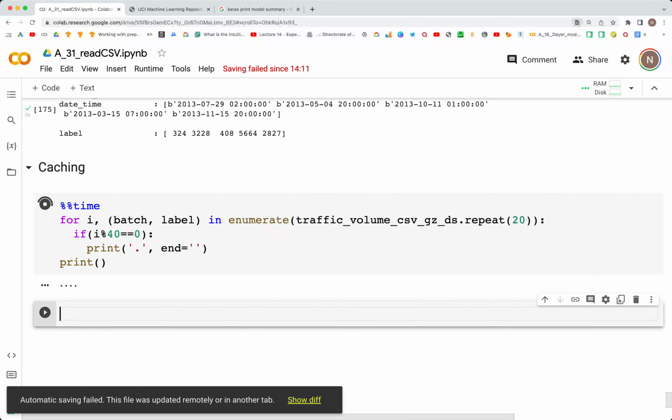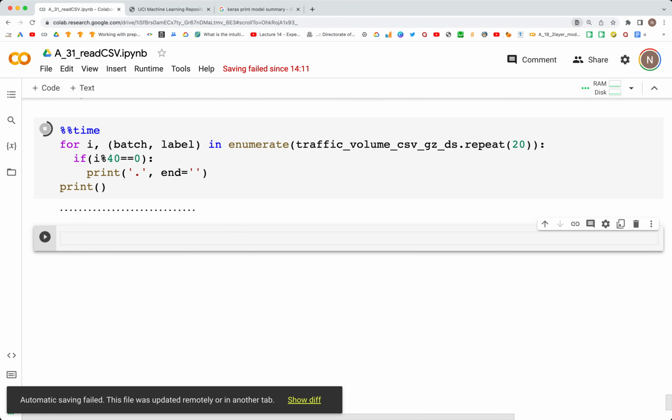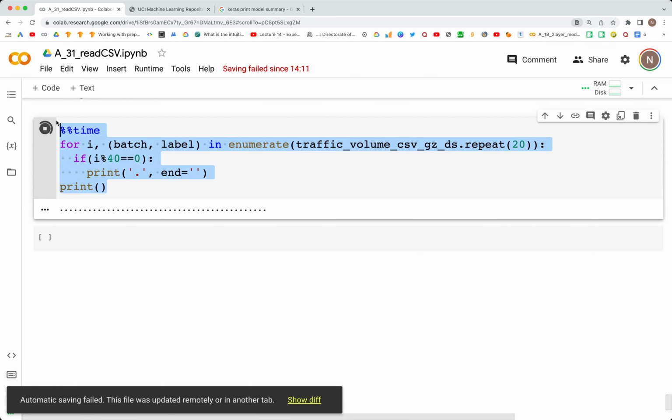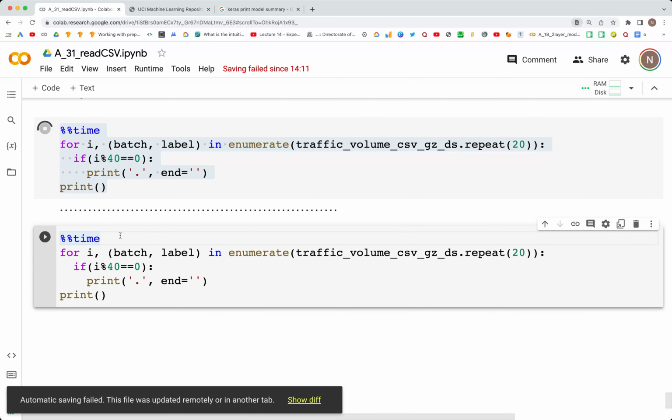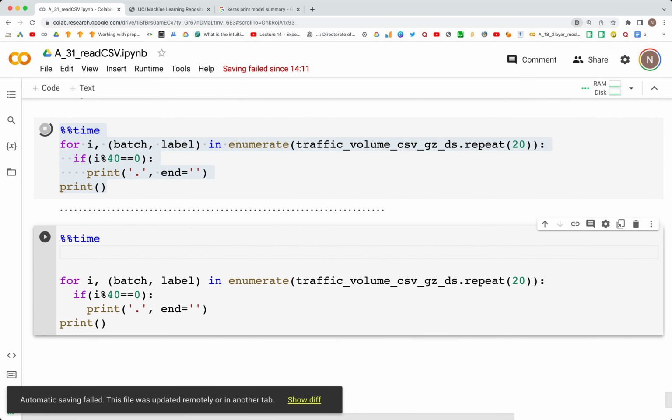and after this what we should see is how much time it took to run through this particular loop and what would happen if we use caching. So I'm going to copy this. While that is running, let's type out the code below this, and for caching is an additional line of code. We'll write caching is equal to traffic_volume_csv_gz_dataset.cache, and then shuffle